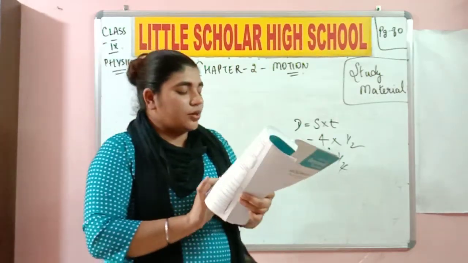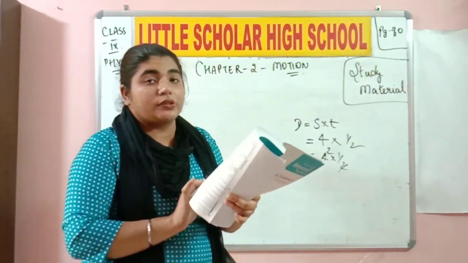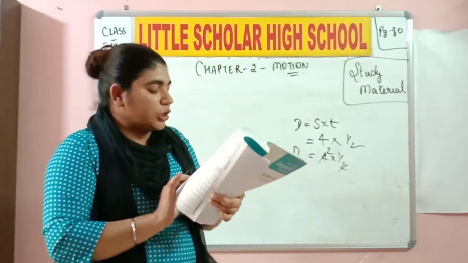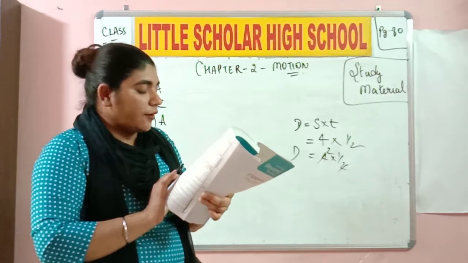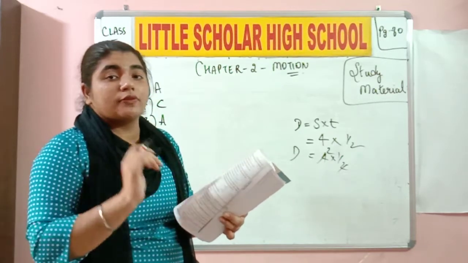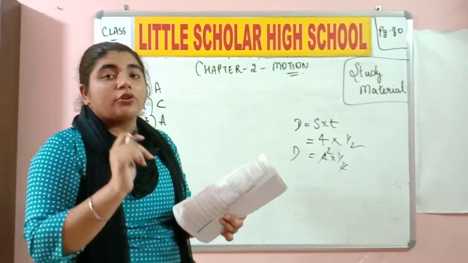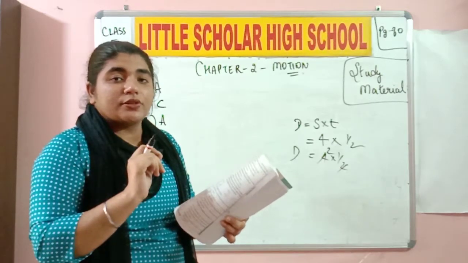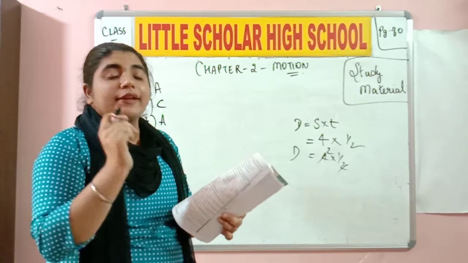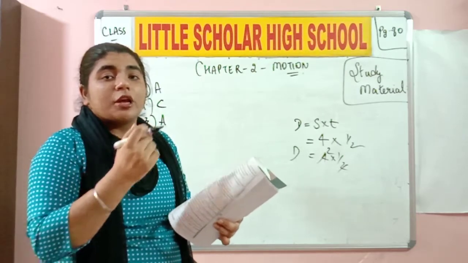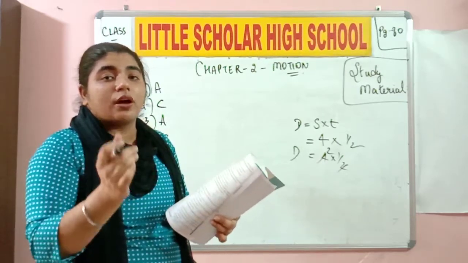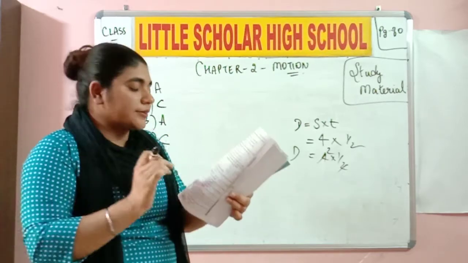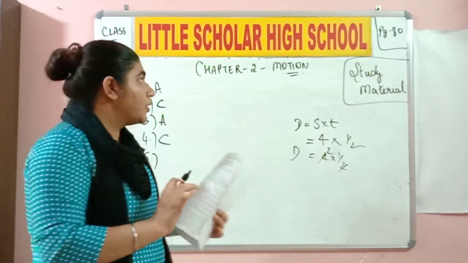Fifth one, a car is moving with a uniform velocity. This means a consistent velocity of 40 kilometer per hour. Acceleration after 1 hour. What is acceleration? Change in velocity. But here they are talking about uniform velocity. Is there going to be any kind of acceleration in this? No. Acceleration itself means change in velocity, class. But in the question they have mentioned that the car is moving with a uniform velocity. So when there is uniform velocity, there is no acceleration we are talking about. So the fifth one is going to be D.